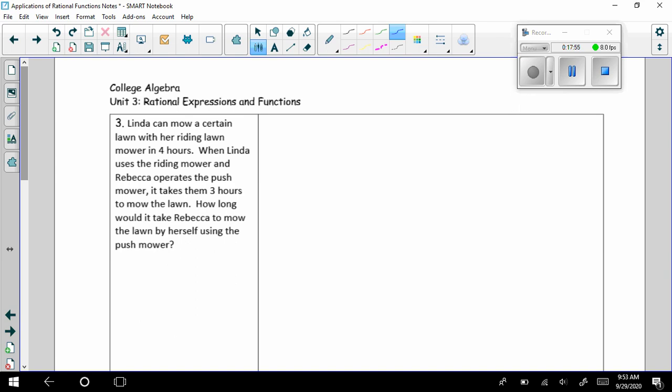So remember that work is equal to rate times time. This time we have the total time. We know that it's going to be 3 hours total. So Linda is doing one job in 4 hours when she's by herself. All right, so that's her rate. She's going to work for 3 hours this time. This is their time together. So this is rate, this is time. Oops, forgot her rate. Rebecca